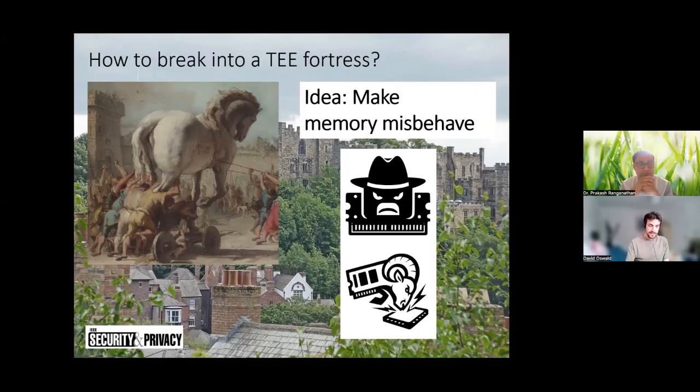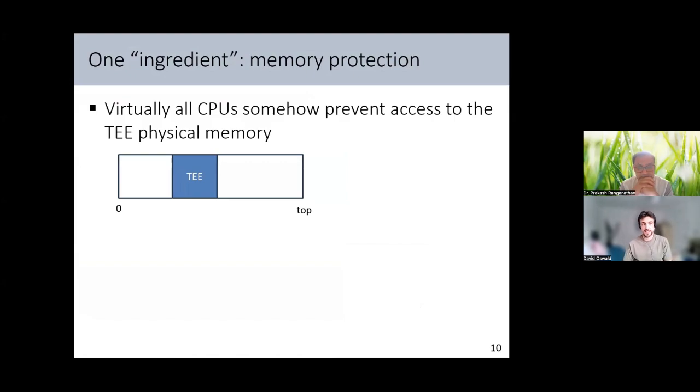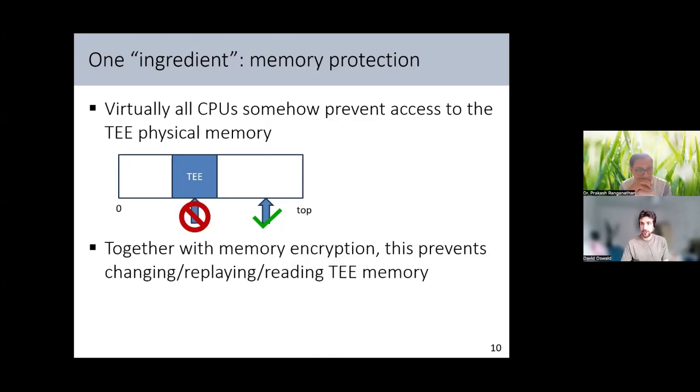To give you a nutshell understanding of how confidential computing actually achieves security, one very important ingredient without which it cannot function is some form of memory protection. Even when you are root in the normal operating system, some area of memory, of DRAM, is blocked from your view. If you do an access into physical memory as root or hypervisor, and that falls outside this trusted execution environment or CVM, then the access will pass. If you try to index inside the TEE, then this will be blocked at the hardware level. There are various instantiations: it might cause an exception, or it might just return zeros or some